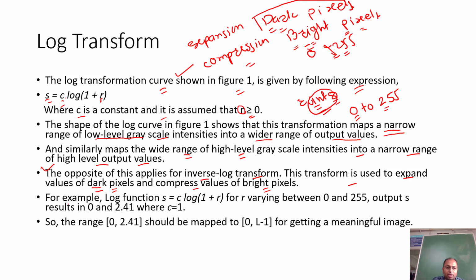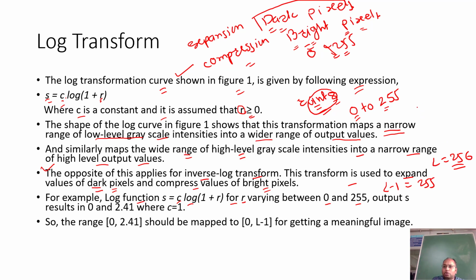For example, the log function s is given as c into log of 1 plus r, for r varying between 0 to 255. What is the meaning of this? The input pixel range goes up to L minus 1, which is 255, so the number of gray levels L is 256. How do we find the number of bits?